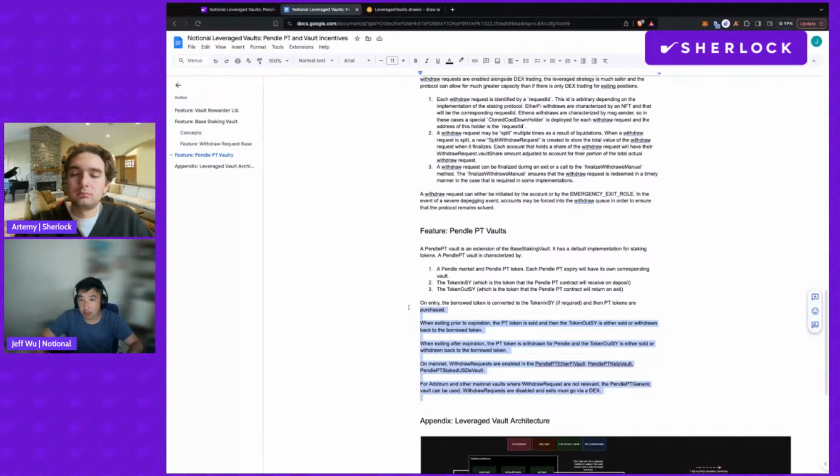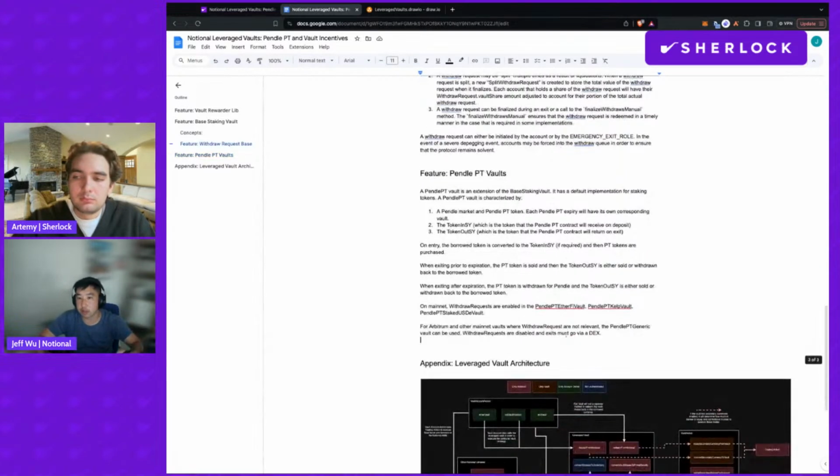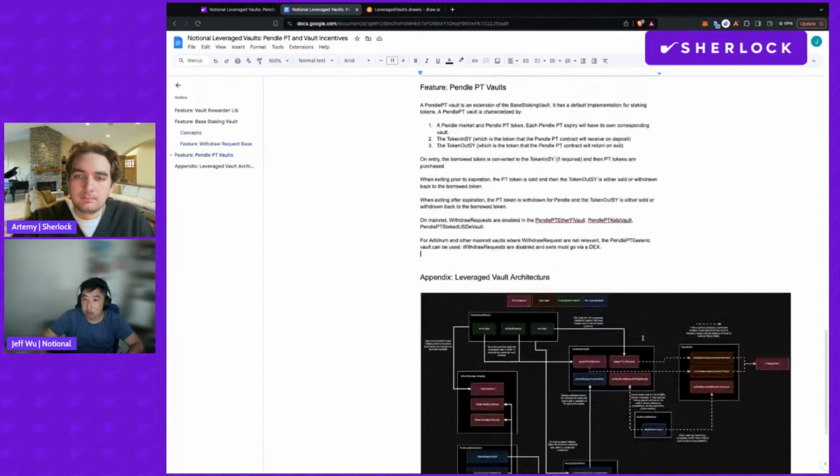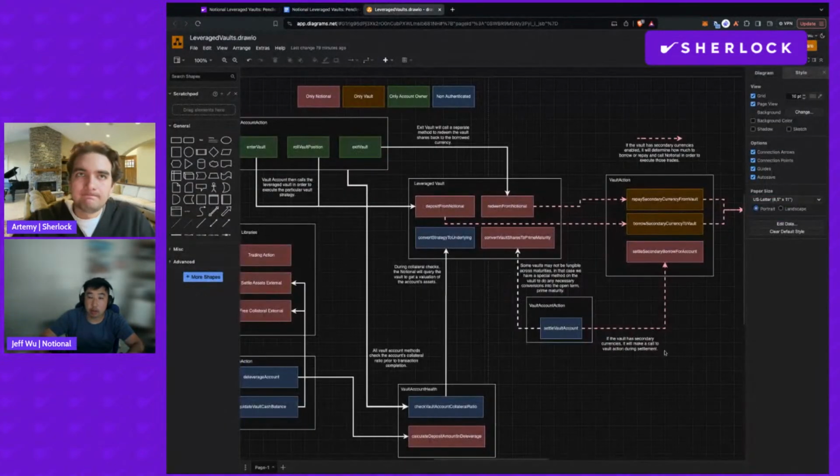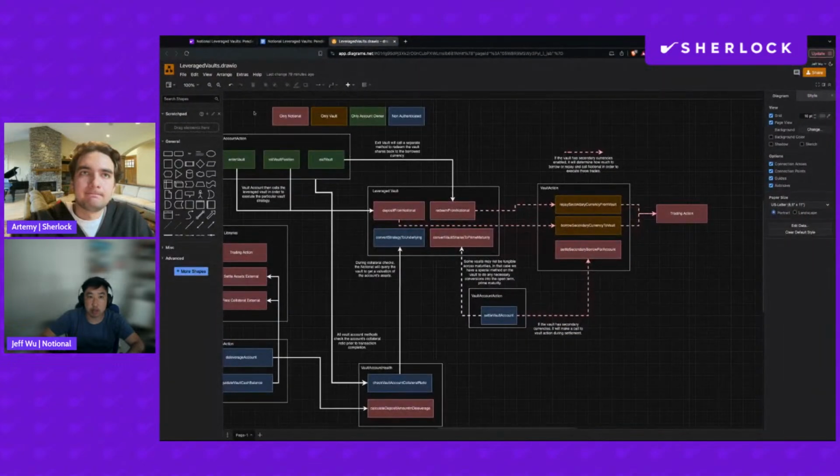This sort of outlines what's going to happen here. More or less, we're going to be selling the PT tokens on the markets when you exit, and selling again. So it's going to be two DEX executions on the way out, and then after expiration, we'll be withdrawing manually. So with that, this diagram is a little bit intimidating, but